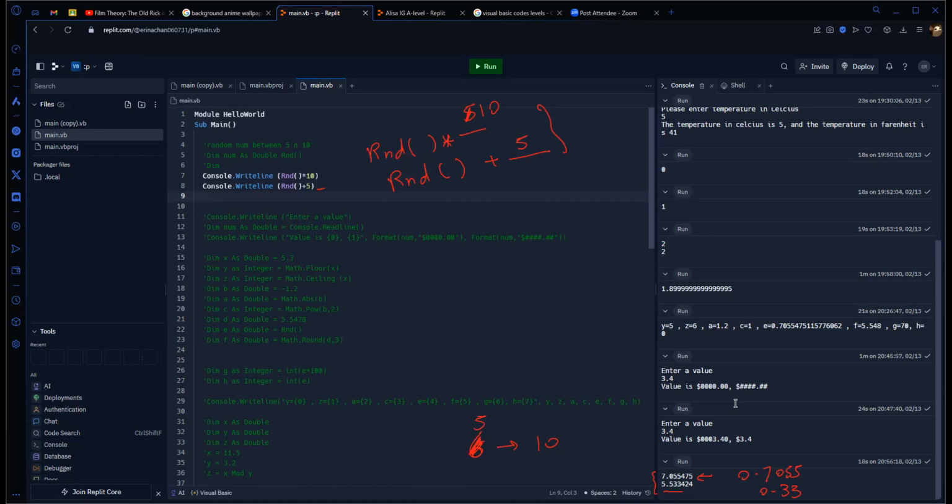I can show you now the effect of multiplying and the effect of adding. I have a question: if it wants between 5 and 10, what if the decimal that came out was like 0.4 something? If we times it by 10, it's just going to be 4 point